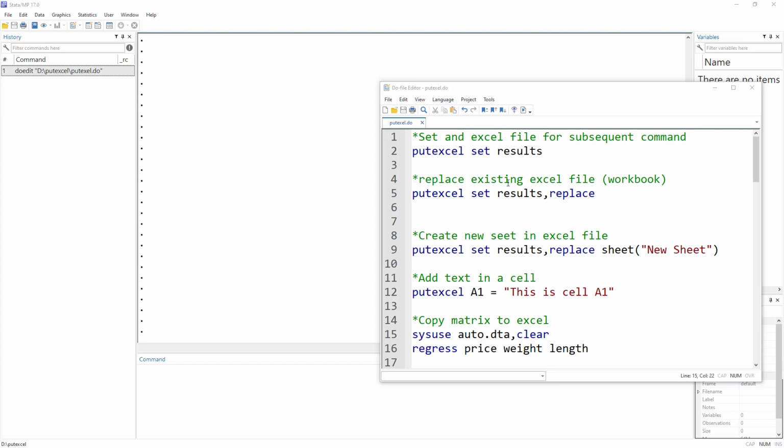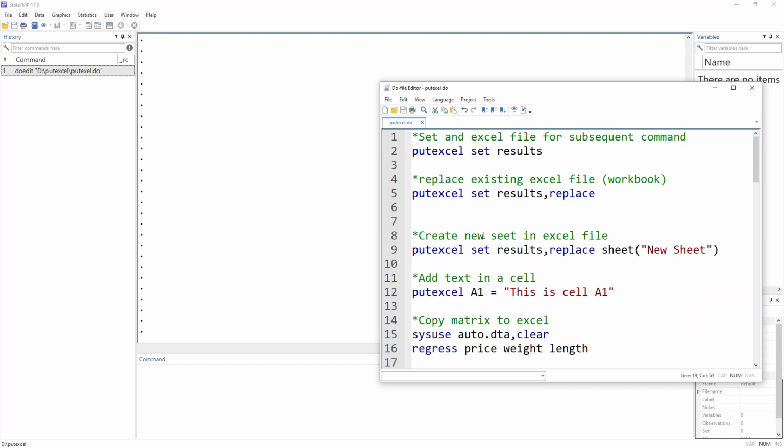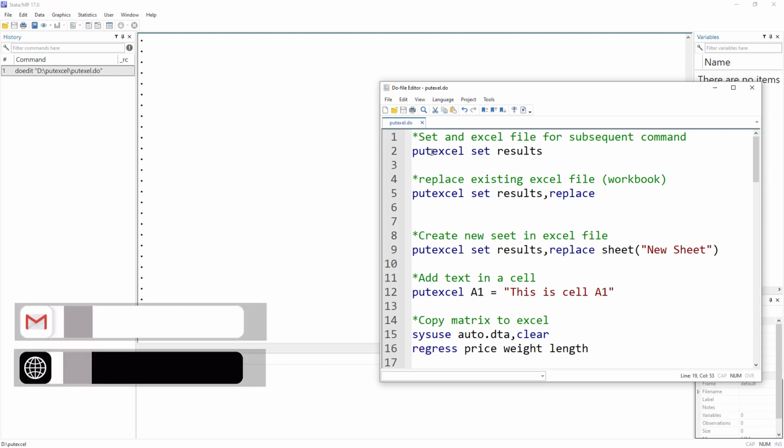In this video, I'm going to look into the Putexcel command, which takes different inputs from Stata and saves them in Excel. So you can write certain values, you can save certain results from Stata, export them from Stata into Excel. Now, this isn't an ideal command if you like to have regression results in ready to publish style, because